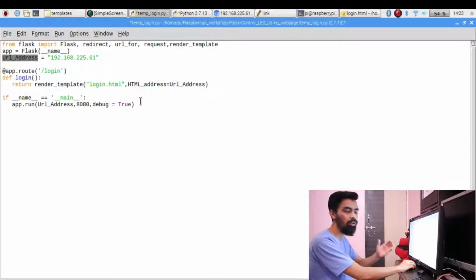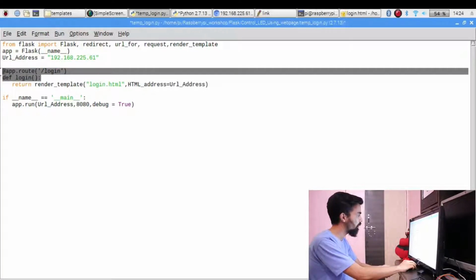That is basically the use of this variable. Then we have to pass this address to our HTML code by using this HTML address. So once render_template gets executed, this HTML page will open with this IP address.